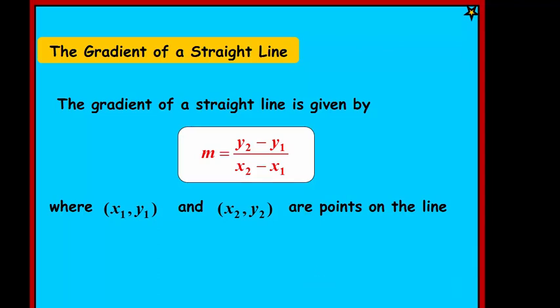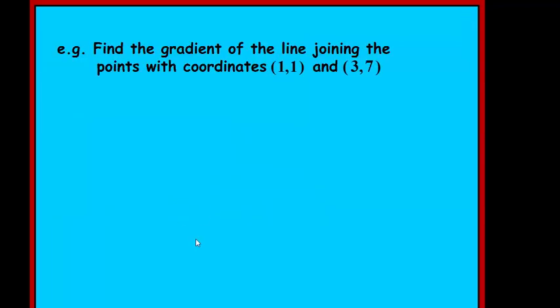A few lessons ago, when we looked at the equation of a straight line, y equals mx plus c, we learnt this formula for m, the gradient of the line: change in y over change in x from 2 points on the line. So for example, we could find the gradient of the line joining these points here, (1, 1) and (3, 7),